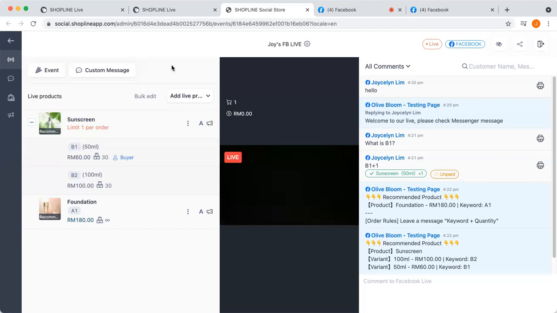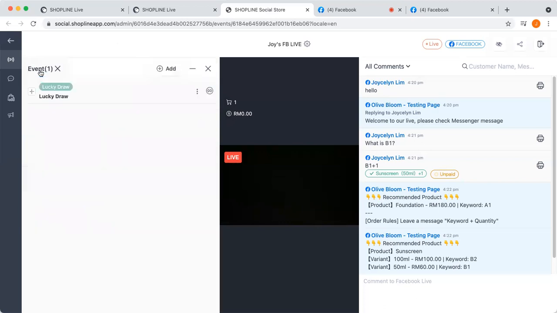So sometimes when you're ready to conduct your lucky draw event, how do you start it? You can go to this event button over here, okay? And then after that, you will see this lucky draw event that you have preset, okay? So in order to start this lucky draw event, you can just click on this go icon over here